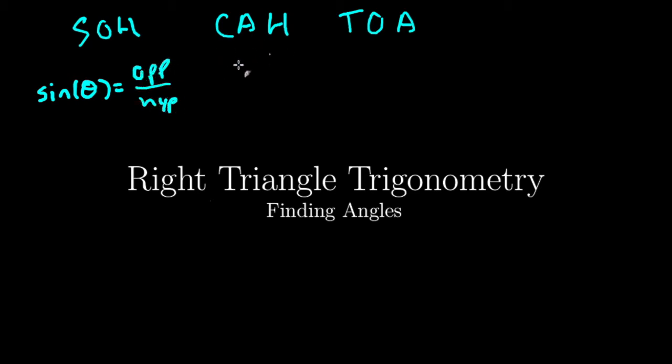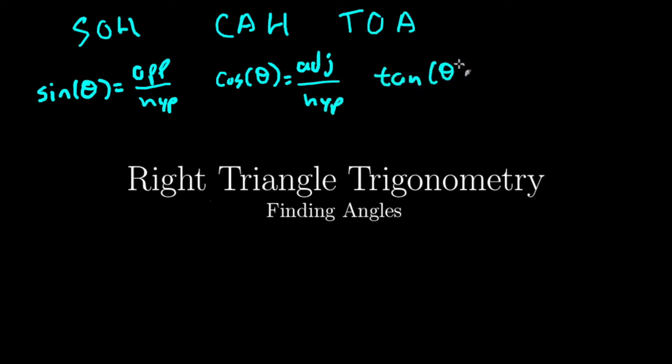The CAH stands for cosine of one of those acute angles is adjacent over hypotenuse. And TOA stood for the tangent of one of those acute angles is equal to the opposite over the adjacent